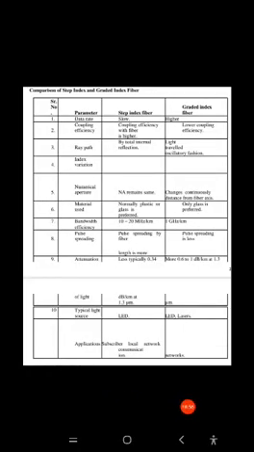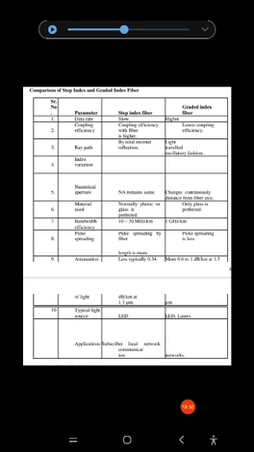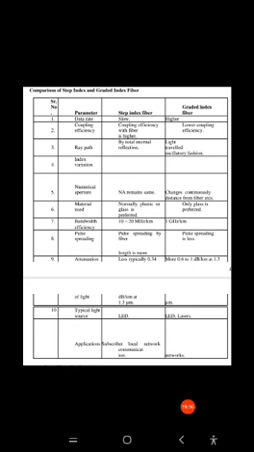So this is the difference between step index fiber and gradient index fiber. All these are the parameters, and this column is for step index fiber and this one is for gradient index fiber. First is data rate, that is bits per second, the number of bits per second.